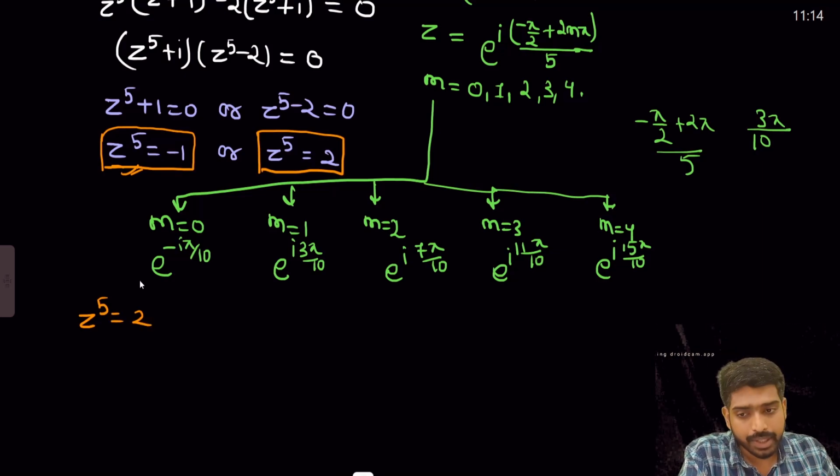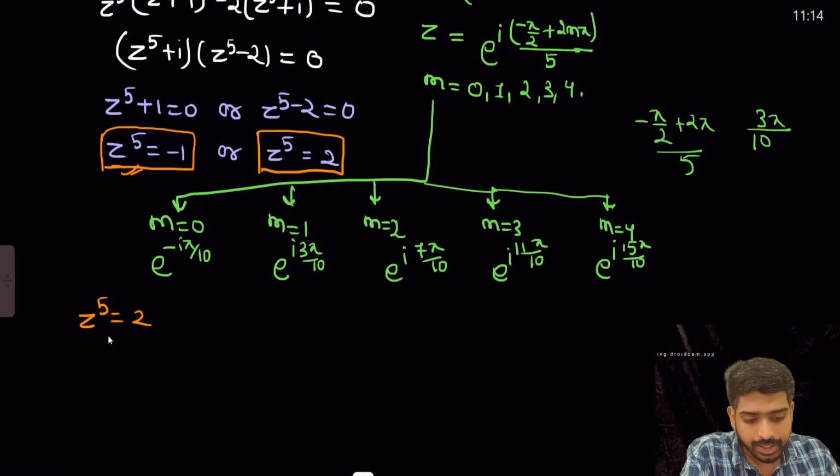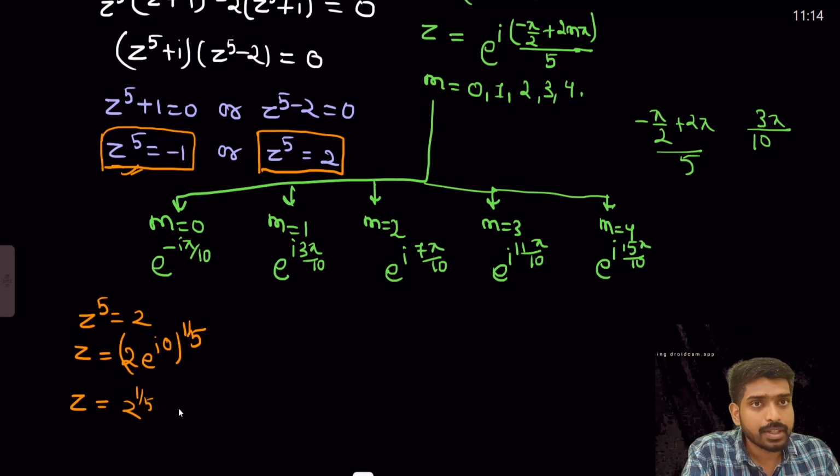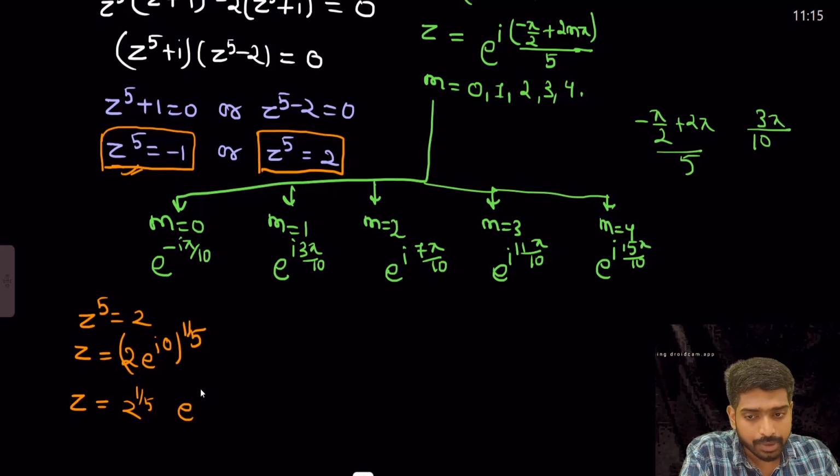Now, from here, this 2 I can write as e to the power iota 0. I will convert this 2 into Euler's form. I can write this as 2 e to the power iota 0 degree, or 0 radian, to the power 1 by 5. Now this 1 by 5 I will not multiply directly; inside I will apply de Moivre's theorem. So I will take 2 to the power 1 by 5 separately. Here e to the power iota 0 radian I can write as e to the power